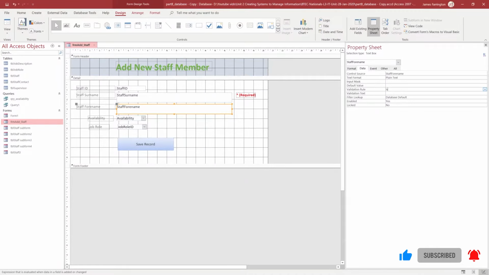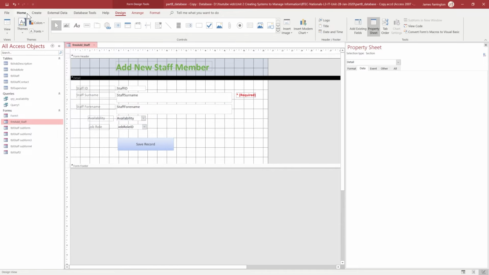So we're going to type in is not null, and then we're going to put in a little prompt to say, please enter a staff forename. We're going to click on the view,